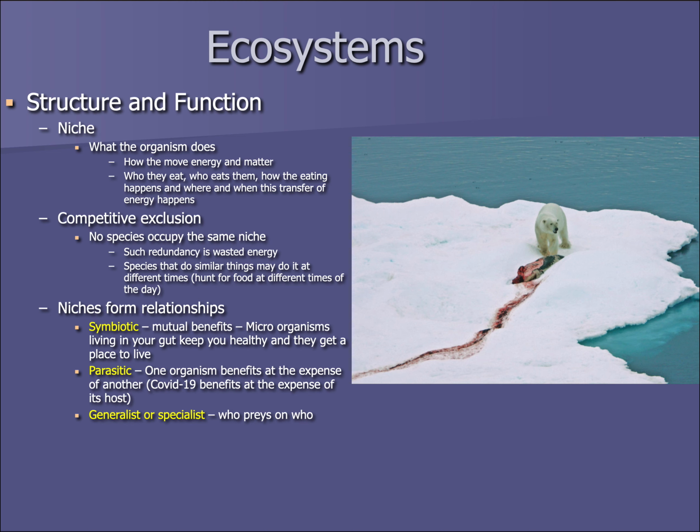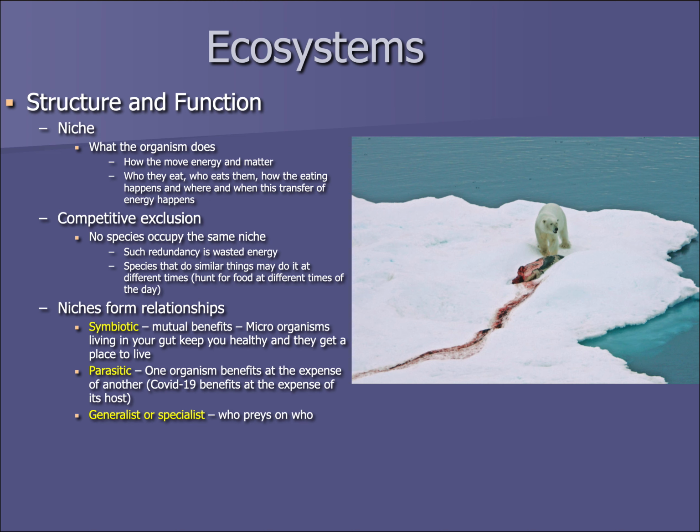It doesn't have the body structure to be successful to hunt this seal. It doesn't have the body structure to successfully hunt on the Arctic ice pack and acquire other organisms that are favorable to the polar bear. So the niche between a grizzly bear and a polar bear are widely discrepant. The niches between grizzly bears and brown bears or black bears are going to be discrepant as well. All right, so how they are structured fits how they acquire energy.